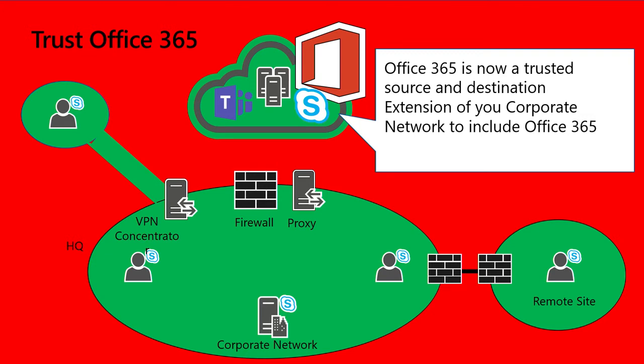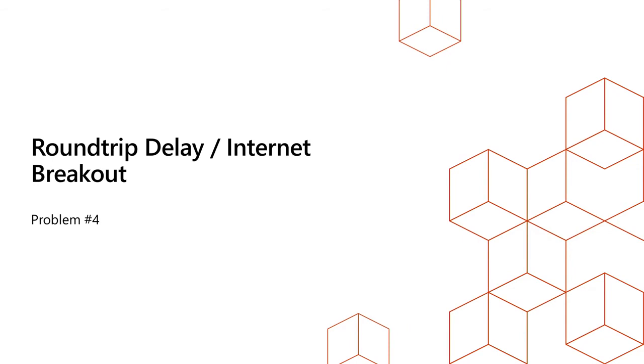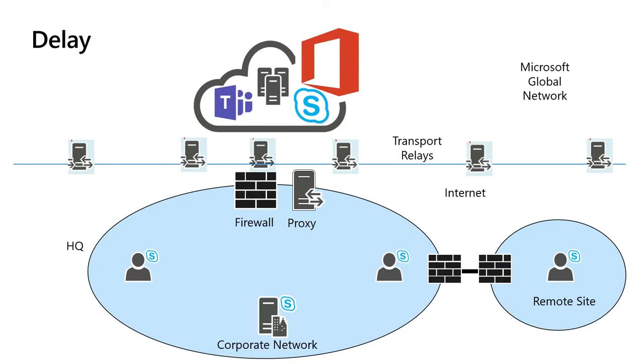Like, it doesn't necessarily say that we have a great connection to Office 365, because this part of the network we can't control, but maybe we do control it a little bit and we can test it. And then for remote sites, we still have to do some work, because we don't want to use a central breakout to internet. So we'll have to look at round-trip delay and internet breakouts. So first of all,